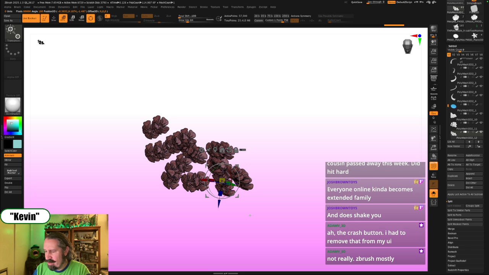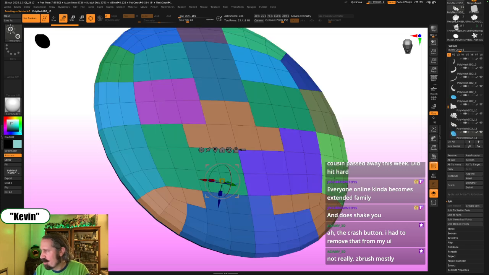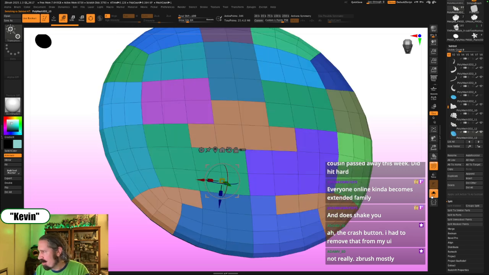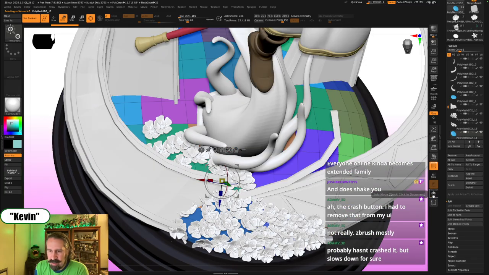Split masked points. And go back down. And then every once in a while we click on solo to see where we are. See, probably hasn't crashed it, but slows it down for sure. Yeah, for that split amount of time, it definitely slows it down because it's just shifting a bunch of things at the same time at various subdivision levels, and